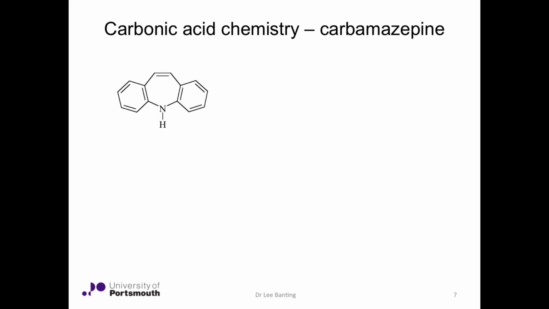So what we're going to do is look at a synthesis, and we're going to use carbamazepine as an example. We're going to start a way into the synthesis of carbamazepine from this heterocyclic molecule, and reaction with phosgene would give a chlorocarbamate, a bit analogous to the